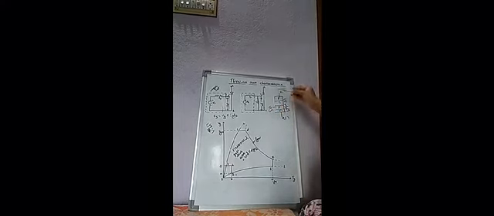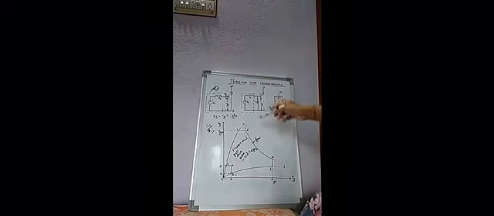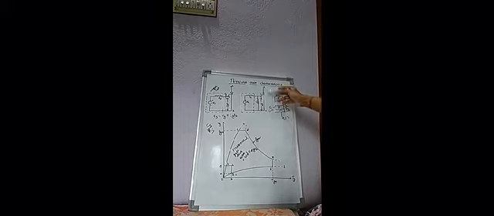So when we give supply across anode to cathode, and then when we give supply across gate and cathode, initially from the starting there is a leakage current from anode to cathode terminal. To provide an easy path to the flow of this leakage current between the SCR terminals, R1 is connected across gate and cathode.